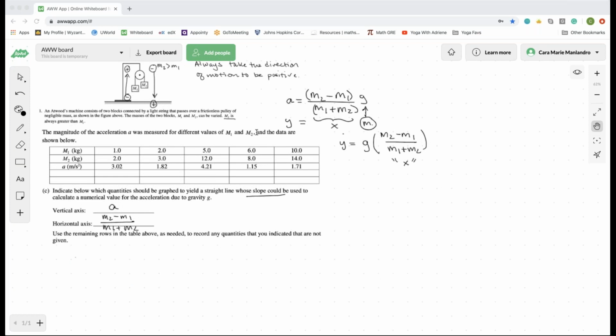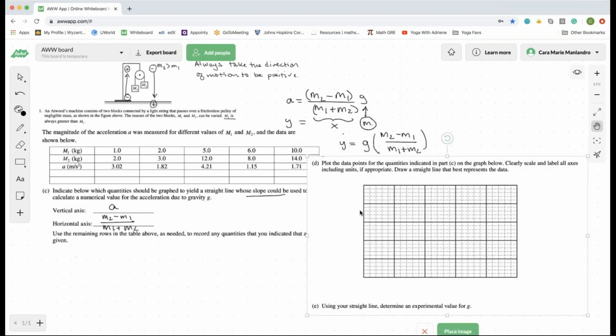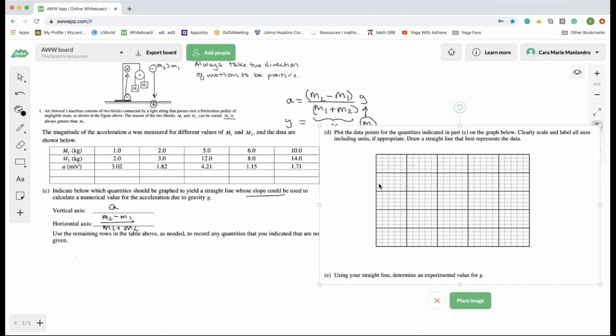Okay, so now we are going to plot the data. I think this is more in line with what they're going to ask you in terms of experimental stuff, so I feel like this is fair game. Good exercise. Can everybody see that? Is that a little too small?